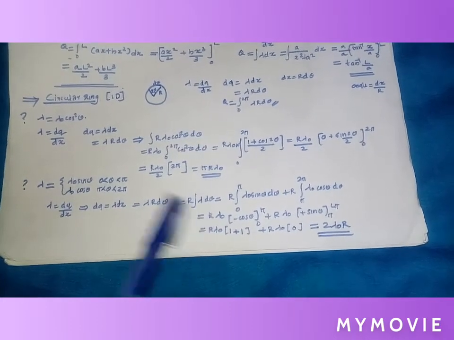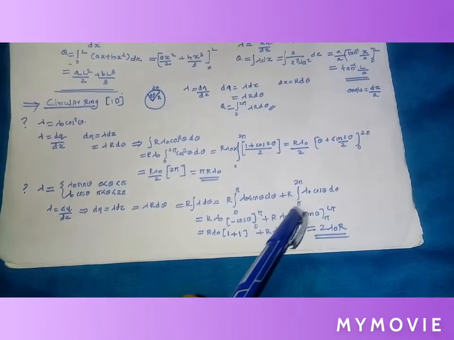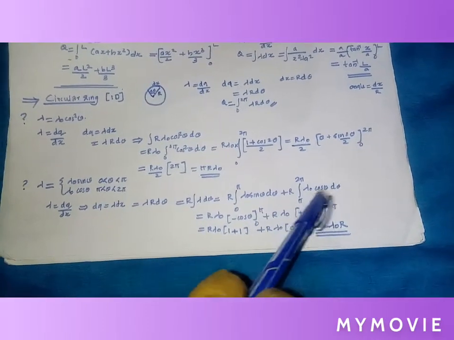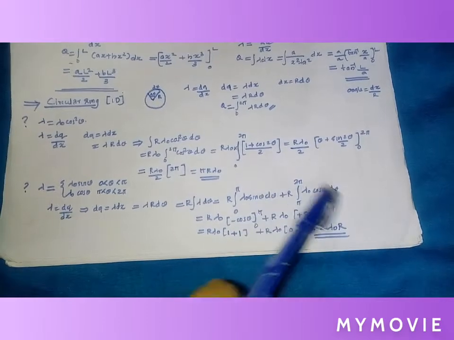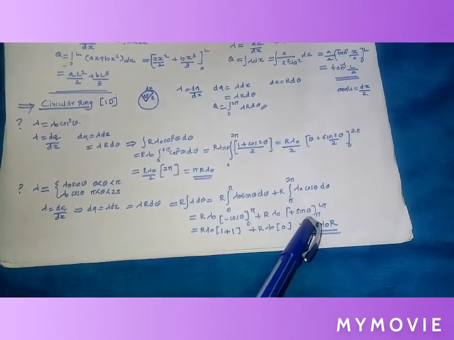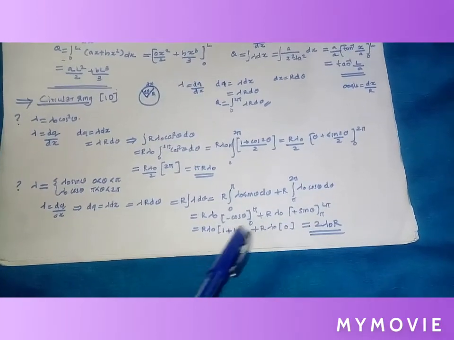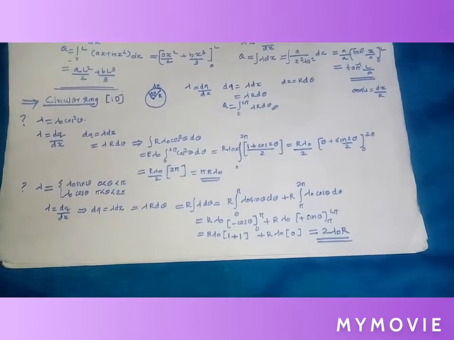We substitute lambda from 0 to pi as lambda 0 sin theta, plus from pi to 2 pi, lambda 0 cos theta, and we integrate separately. The sin theta integration is minus cos theta, the cos theta integration is sin theta, and after applying limits we get the answer as 2 lambda 0 r. Okay,